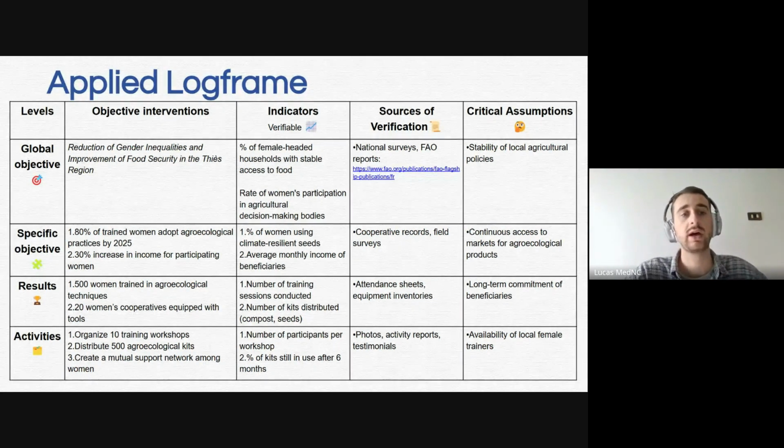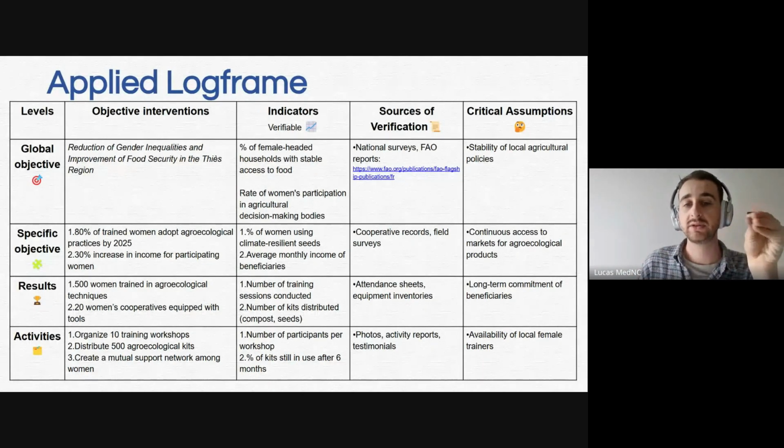As we say, the global objective has to be specific. So how am I going to verify this with my indicators? My indicators will be the percentage of female-headed households with stable access to food, and the rate of women's participation in agriculture decision-making bodies.